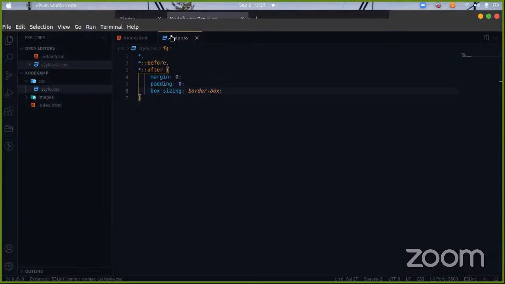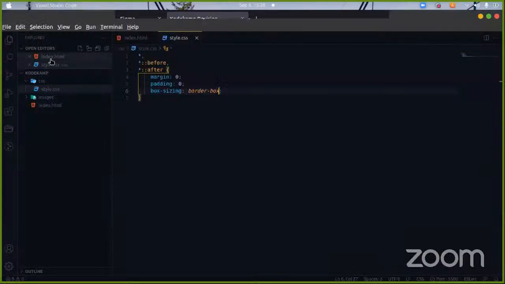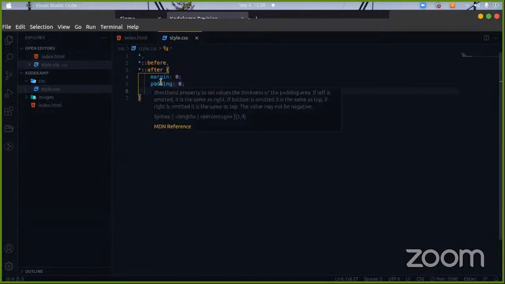Now, at this point, if you don't understand what I just did, just hold on, let me explain. So in HTML, we have two kinds of elements. We have block elements and we have inline elements. Now, your browser has this thing where, for all block elements, it tries to give them a default margin and padding. But with this, I think all we did here was to set everything. So for all elements,